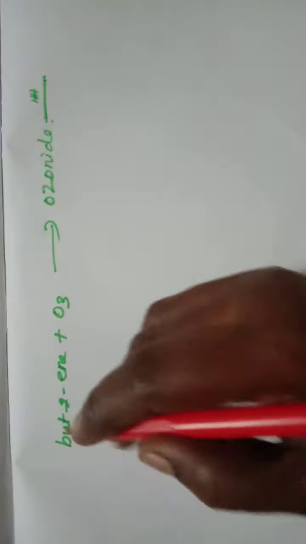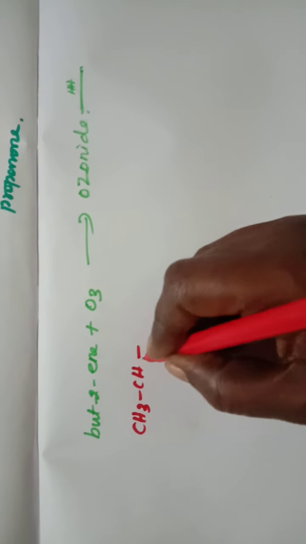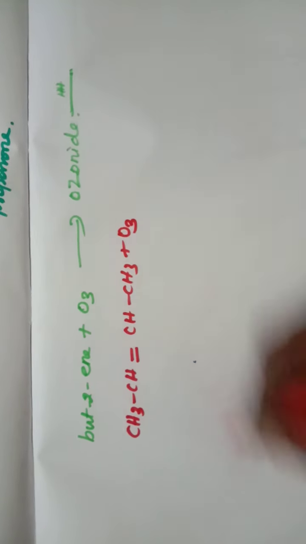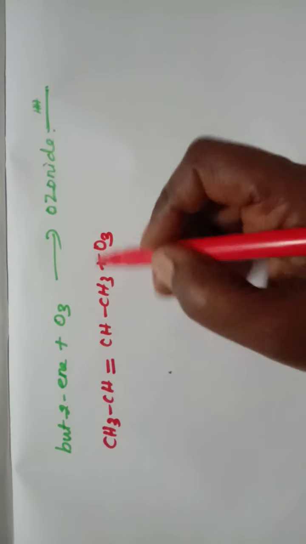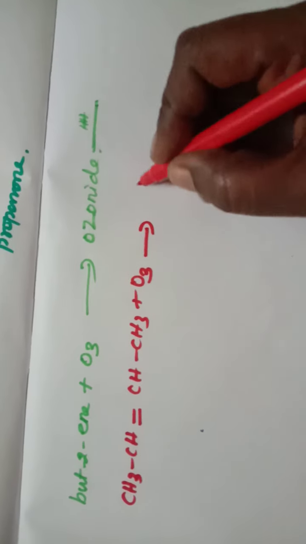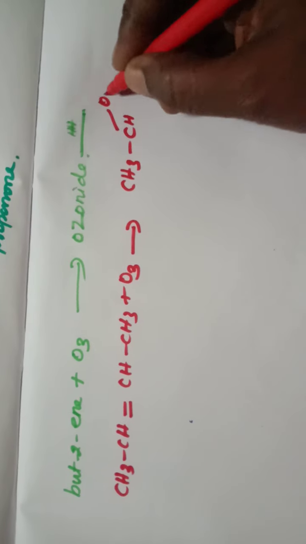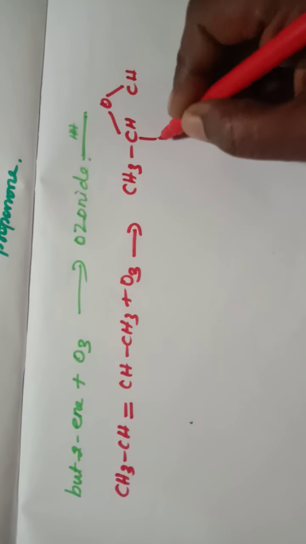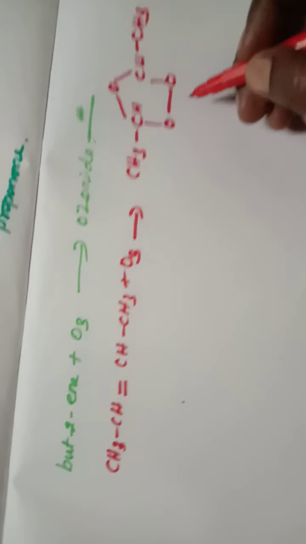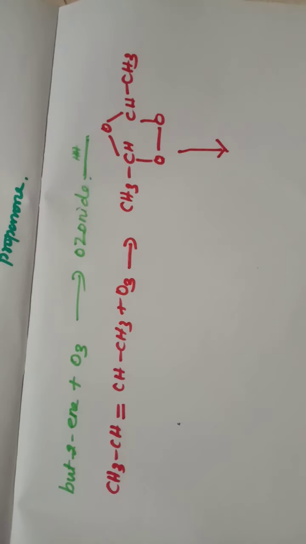The reaction is CH3 CH double bond CH CH3. To this, when ozone is added, the ozone adds across this double bond, so we will be getting an ozonide, CH3 CH, CH CH3. This is an ozonide. When this ozonide undergoes hydrolysis